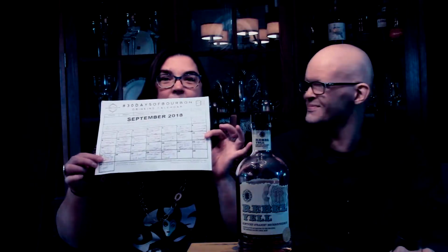I like this one. I will say this, I had this during Bourbon Heritage Month. I have my little list of my bourbons that I had. I only skipped one day. Right there it is. When did I have this? Oh, I had this after Bullet. The day after I had Bullet. That might be one of the reasons why. But I do know that when I had this during Bourbon Heritage, I mean, this